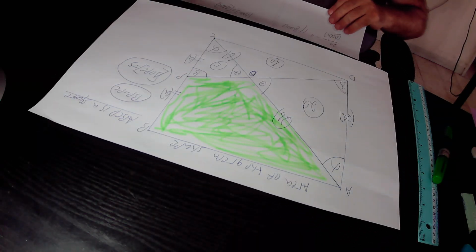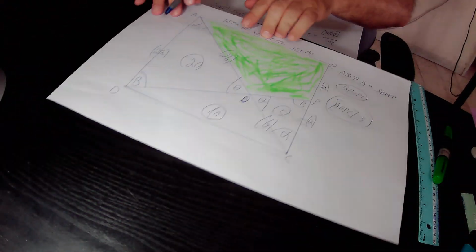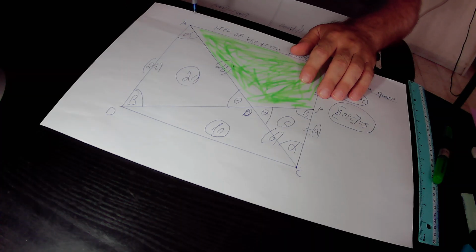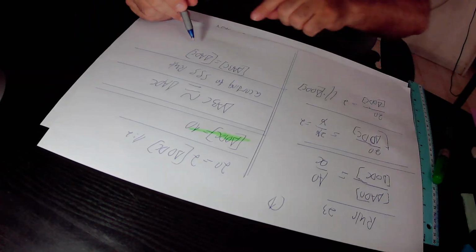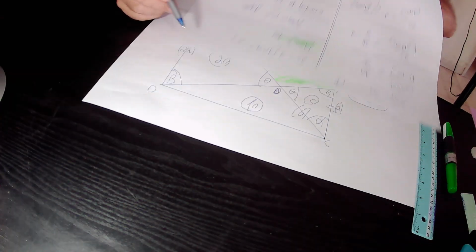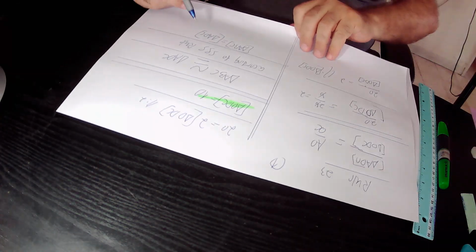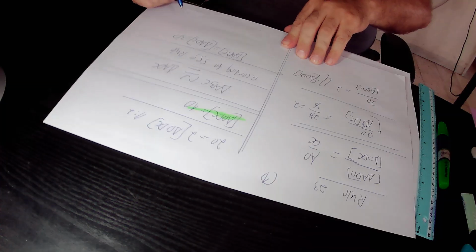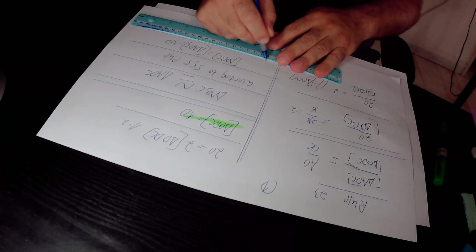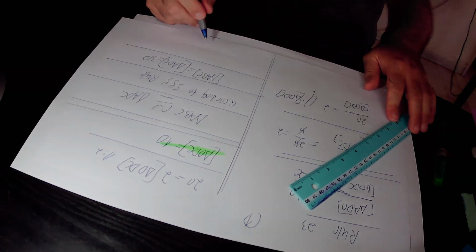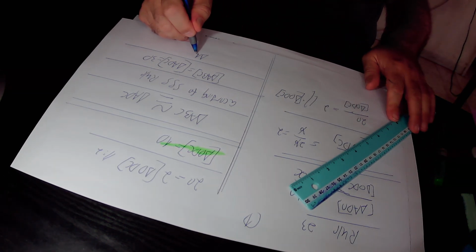But the area of this triangle ADC, it is very easy to see from the drawing that the area of this triangle ADC in total is equal to 20 plus 10, that is 30 square units. So you can write here that the area of this triangle ADC is equal to 30 square units. And from this equation, the area of triangle ABC equals the area of triangle ADC equals 30. We derive that the area of triangle ABC is also equal to 30 square units